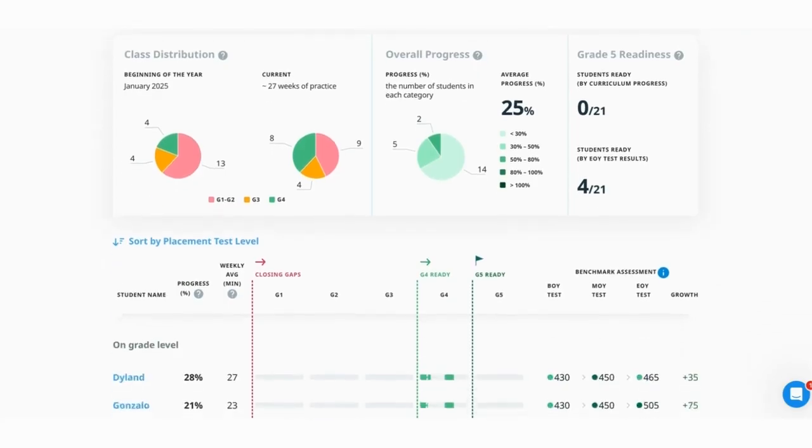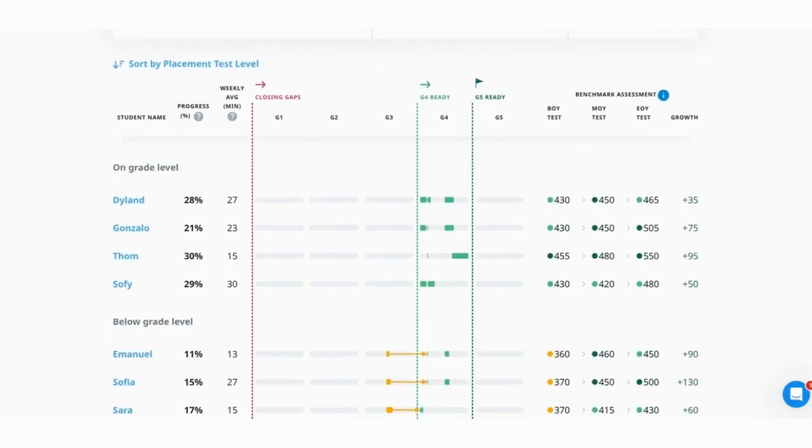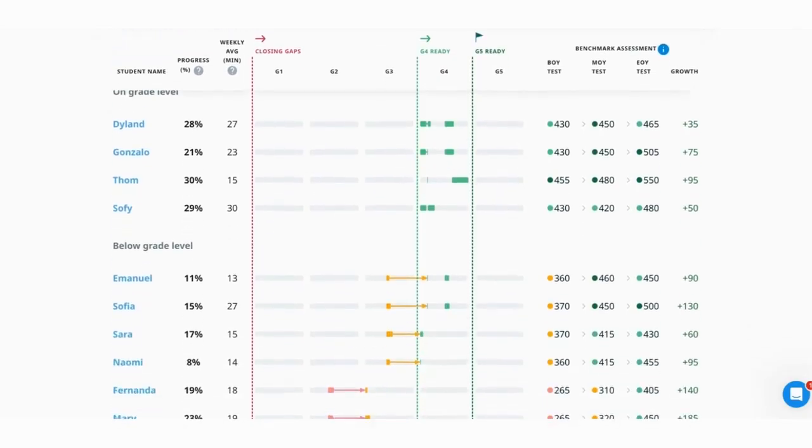The yearly dashboard is a table with students' individual progress. For each student, you will see the progress that they've made in percentage of the assigned grade level curriculum, where 100% is a full year's current grade level curriculum and equal to 1 year's growth. The average weekly time spent on Happy Numbers, their math growth journey starting from the placement point all the way up to their current practice point, the placement test results, which are also color-coded according to ability level, as well